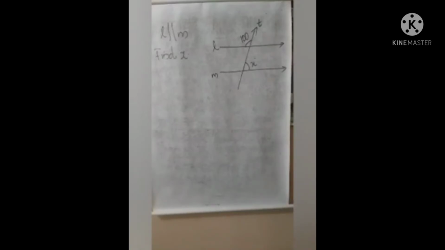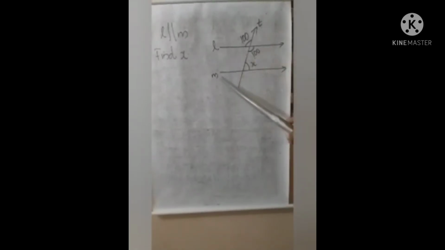So, any concept you can use, whichever feels easy for you, you can use that concept. Here I am using the concept of angles on the same side of the transversal. Why am I using that? Because, you know, if this angle is 100, what is the value of this angle? It is also 100. What is the reason? They are vertically opposite angles, isn't it? So, I have the value of this angle as 100. Now, I got the value of this angle as 100 and here X. Now, I can find a relation between these two angles.